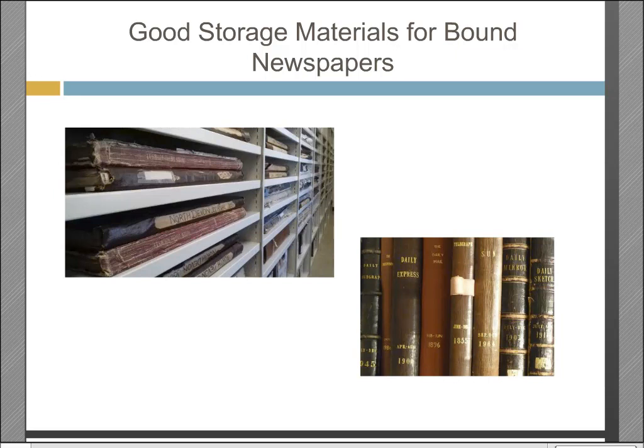Ideally, you should have metal shelving systems for archival storage with large enough shelves, but sometimes you do work with what you've got. You might have wood shelving, for example, and wood can be problematic in that it can off-gas or expose items to other pollutants through varnishes, paints, etc., things like that. But this risk can be minimized by putting a buffer material, even something as simple as a piece of blotter or mylar, on the shelf. Or simply making sure that the newspapers are stored in boxes or folders so that they're not directly against that